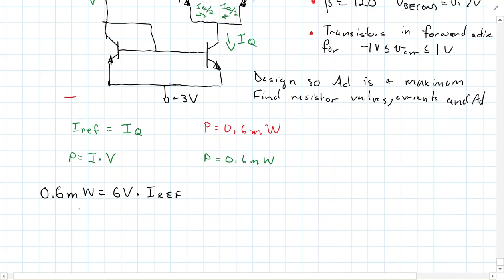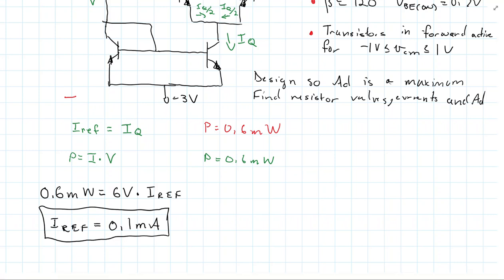Well, that gets me, real quickly here, that Iref has to be 0.1 milliamps. Okay, well that's pretty straightforward. And now getting what R1 is, that's just a straight computation here, because remember here that Iref